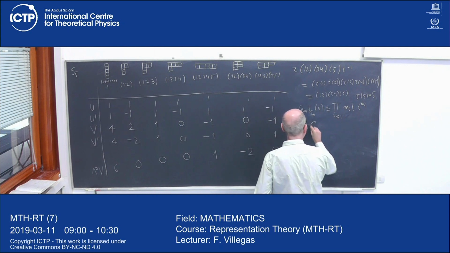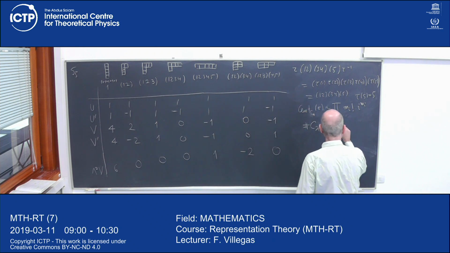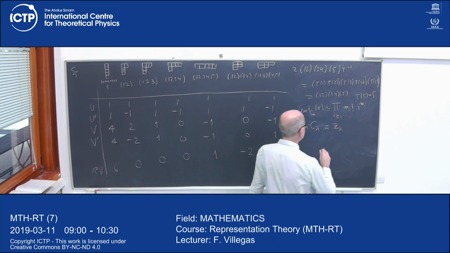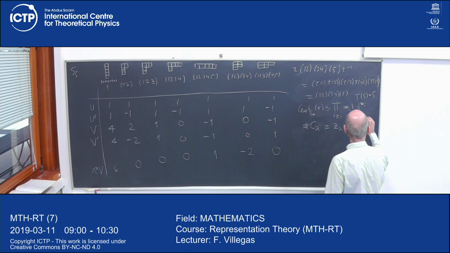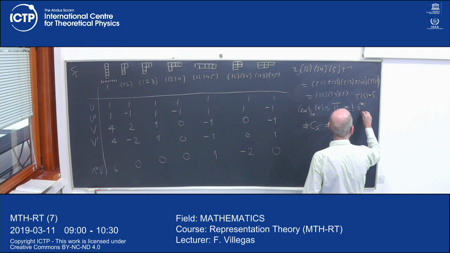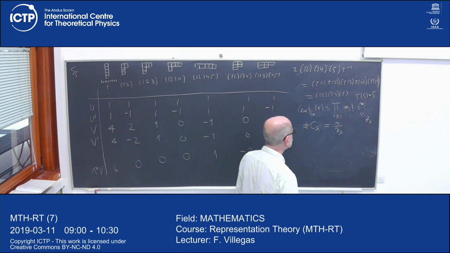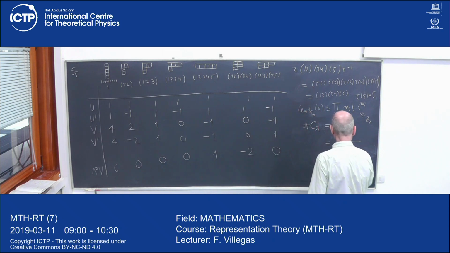So the size of the conjugacy class of type lambda is equal to n factorial over this number that is usually denoted z lambda. Sorry, this number is denoted by z lambda. So that is to say, this is n factorial divided by the product